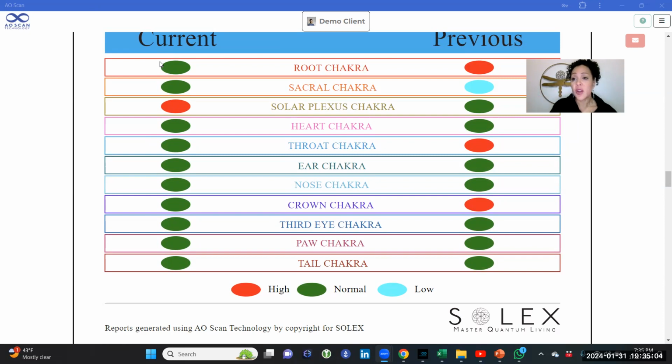The goal is to have those frequencies optimized, and the color would be green. Sometimes things fluctuate because, remember, frequencies are waves, constantly moving. So things will change, and with each scan that you do, you can compare the reports.